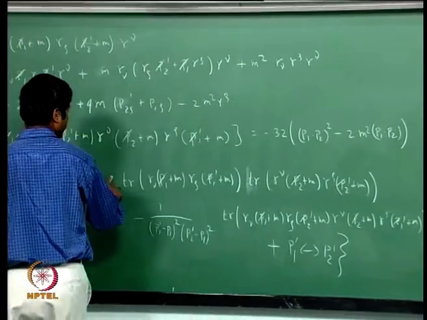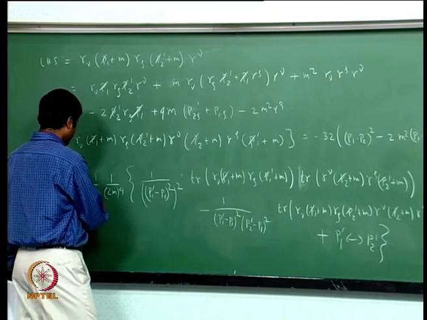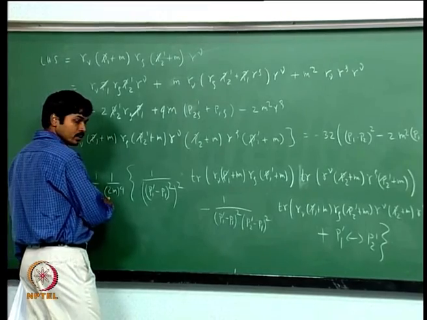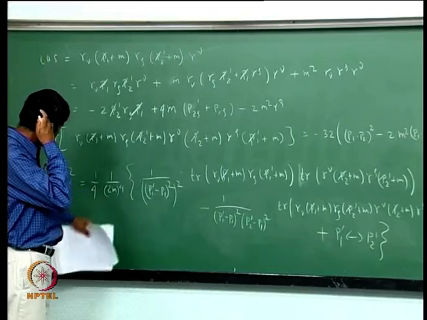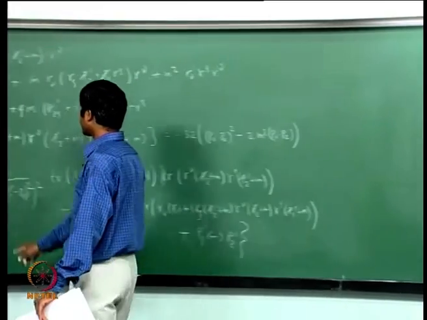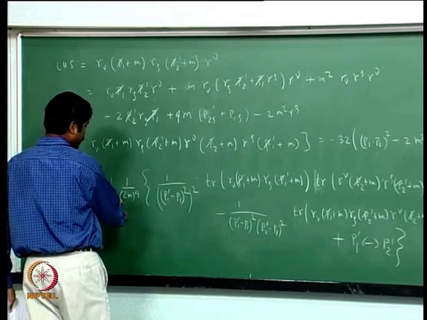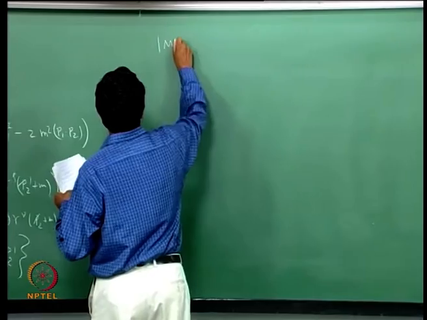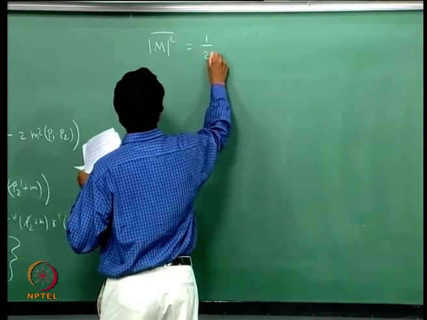So, there is an overall factor of 32 here, which will cancel the 8 into 4 here. So, what will be left is 1 over 2 m fourth. So 2 to the power 3 and 4, that will cancel the 32, and there will be a 2 left and m fourth. So, that will give me mode m square bar is 1 over twice m fourth,